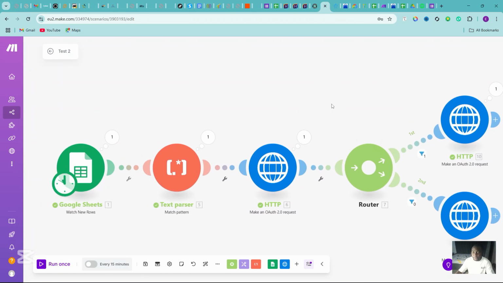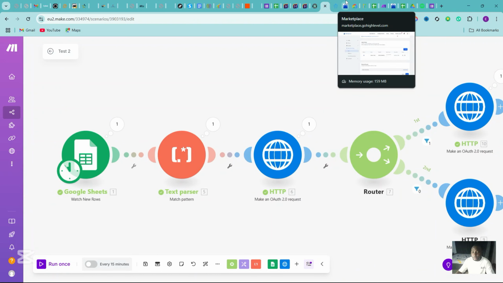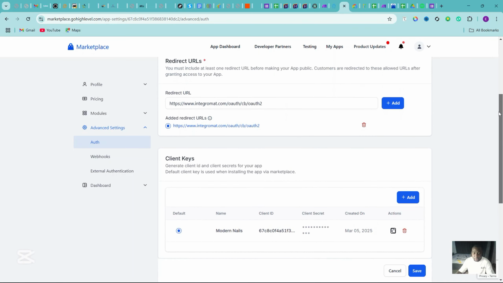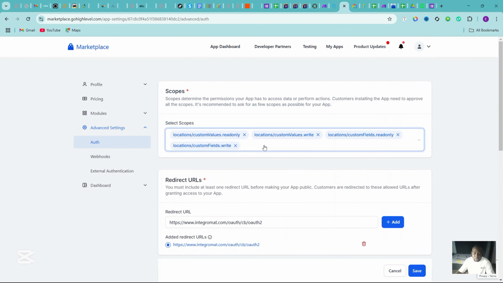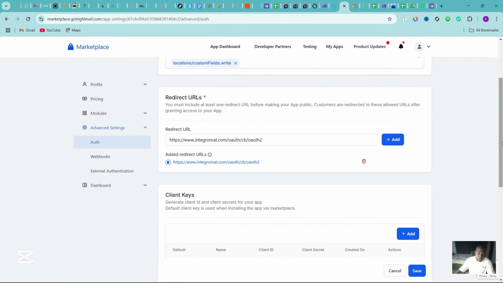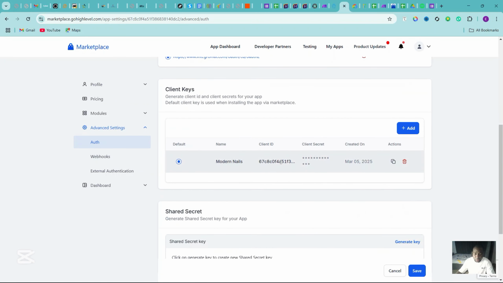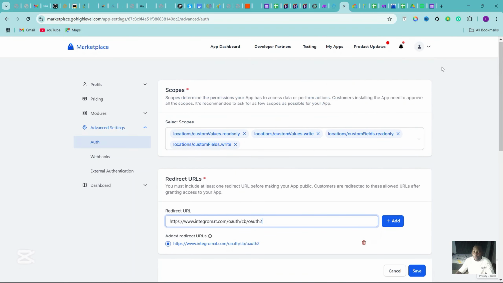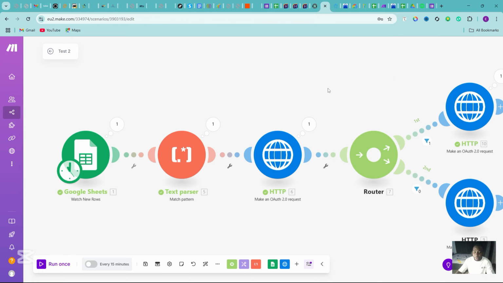And then for the marketplace, that's how to create an app. You set it to private. You then select the scopes, and then the redirect URL depends on which automation software you're using, Make or Integromat. You set the redirect URL, and then it generates the client key, which you copy somewhere safe, and you save. So that's pretty much how to